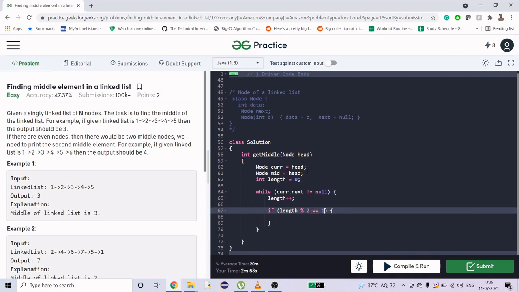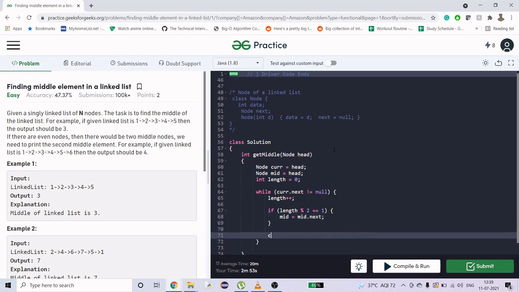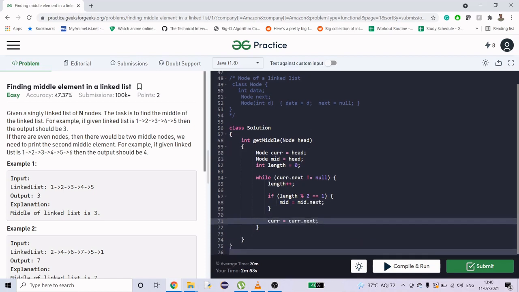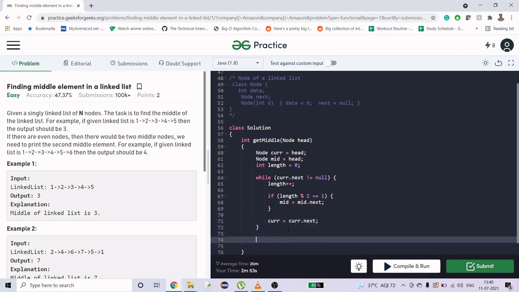That means it is odd. If it is odd, that means our middle should be the next one, so we will just do mid equals to mid dot next. And we are going to continue this loop with current equals to current dot next. When this completes, it is going to just return mid dot data.